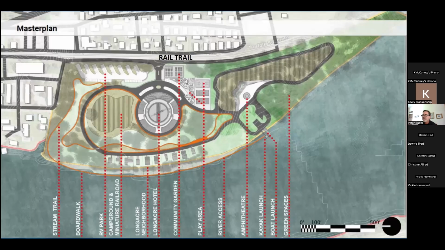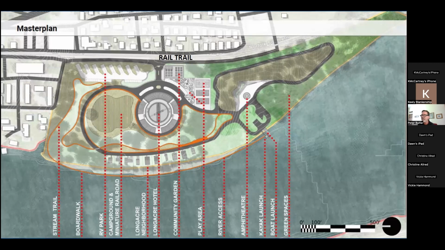We recently worked in Smithers, and this is a brownfield site called Longacre. They just recently received over $2 million to build out the site utilities on the property. So this is a conceptual design.